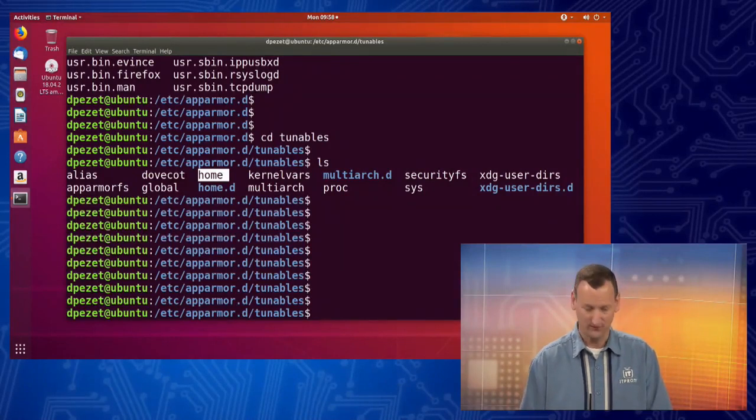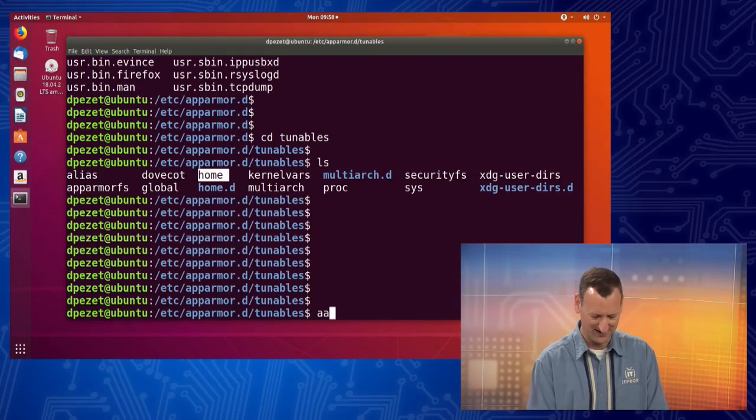Now, I used the SS command a moment ago, and that works, right? But you get a lot of stuff when you look in there. AppArmor actually has an extra command that helps you spot these. When you have an application that's not protected, AppArmor calls that an unconfined application. We haven't restricted that application yet. So there's a utility, and you might not have this one. In fact, I don't know if I have it or not. So I'm going to run